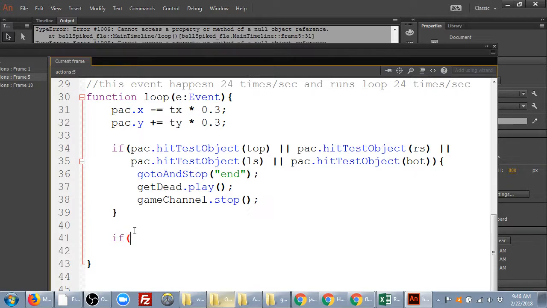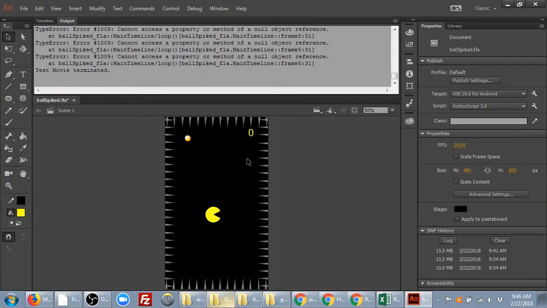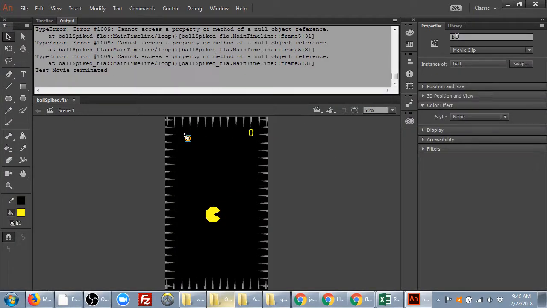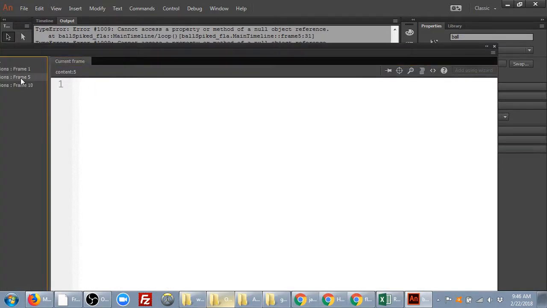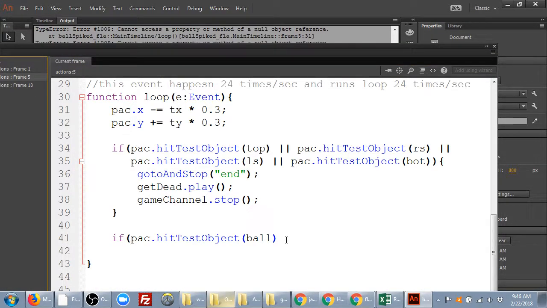All right, so if pack hit test object ball, that's what I called it, I think. Can't remember, already forgot. Yep, ball, called it ball. That's really all we're searching for. There's nothing else. It's just if Pac-Man hits the ball,